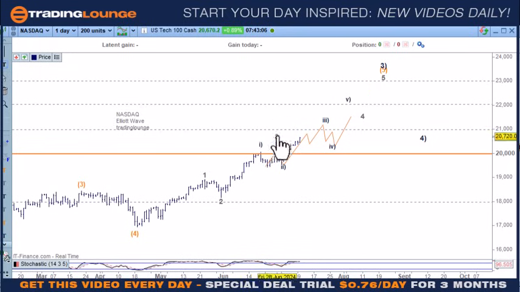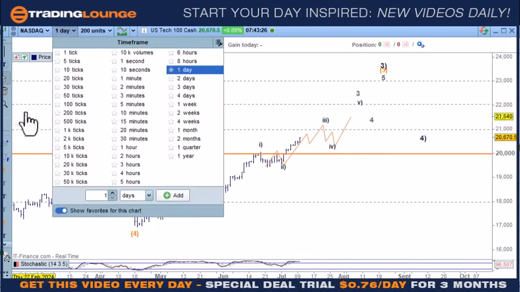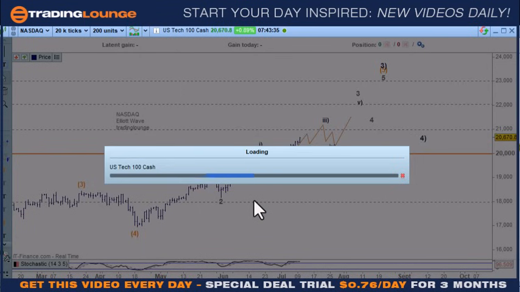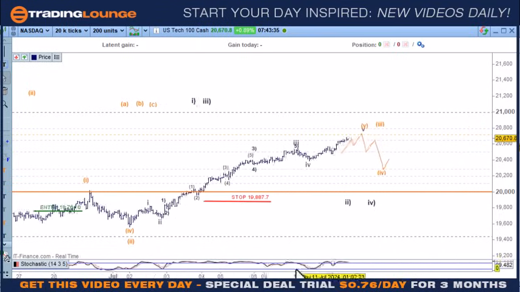I can't put wave 3 here because it won't suit stocks, and this is too short against this one here. Maybe I could build it from this point, but that's also not in line with stocks. So it's stocks that really have the dominant role over all of this, so I've got to basically stay with that. So that's that. If I just go into the 20k tick here for this,